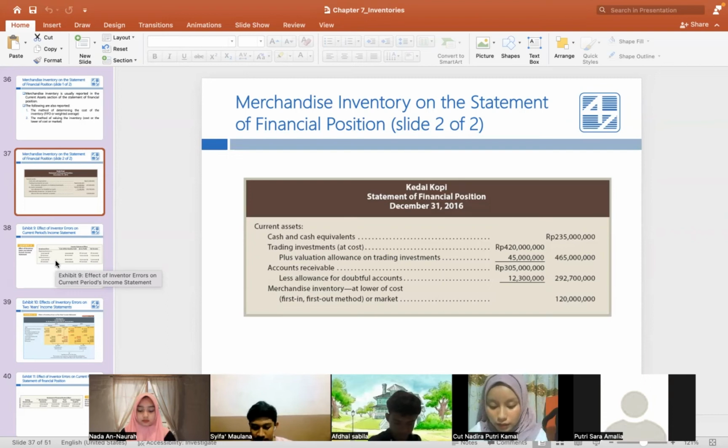And then trading investment at cost, it is reported that the number is 420 million rupiah. And then the next one is plus valuation allowance on trading investment. It is 45 million, and in the credit it is